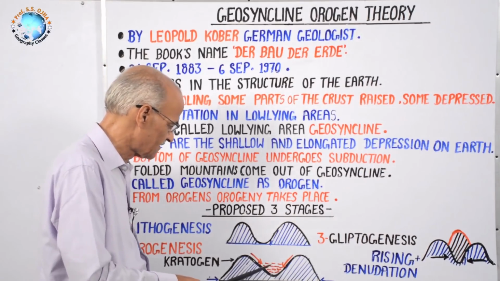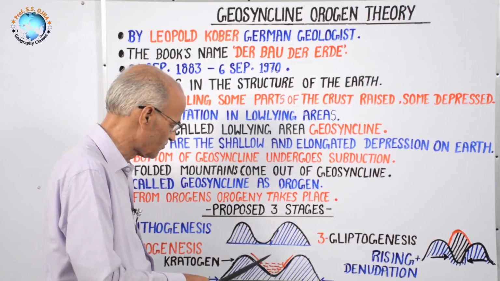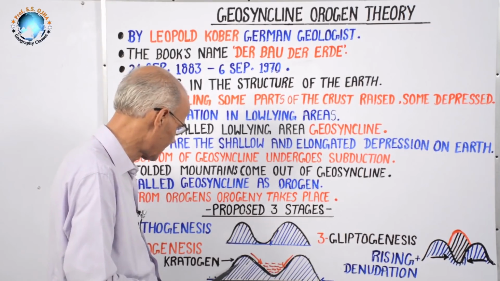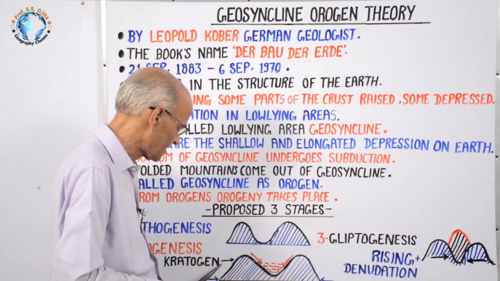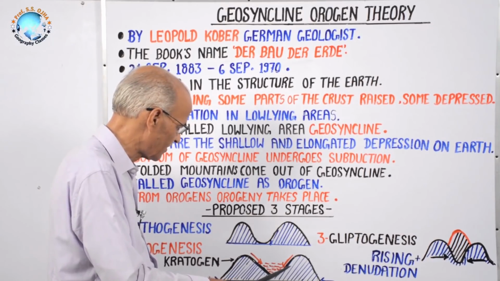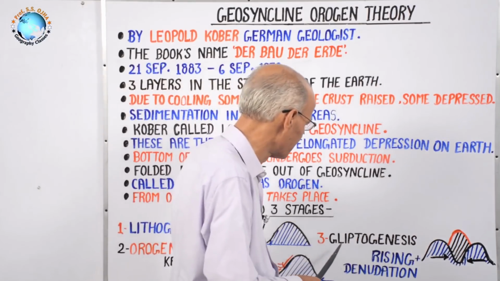As its bottom underwent elasticity or was depressed, both the lands, which were called kratogens in German or forelands in English, started coming closer, and then the third stage started,